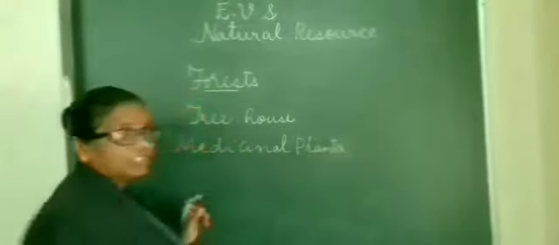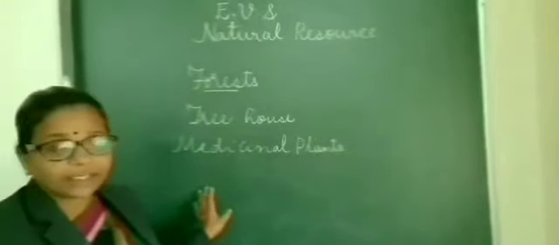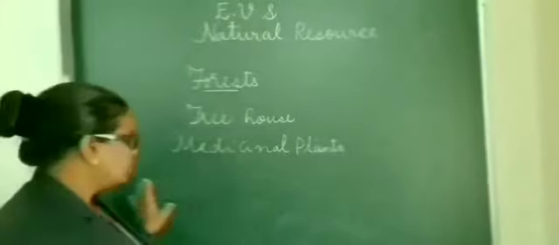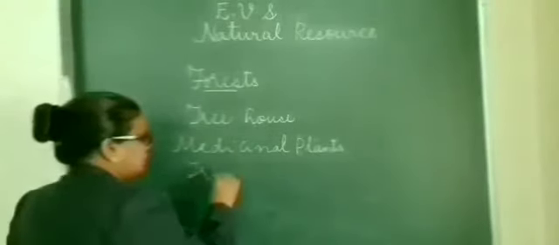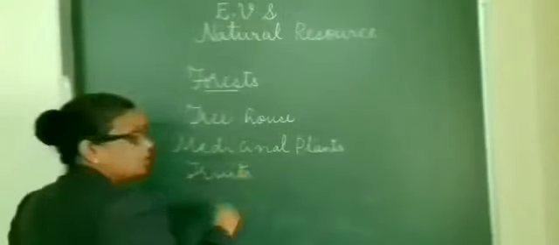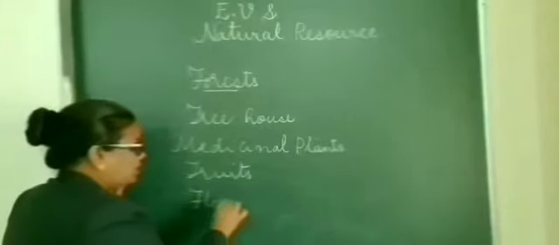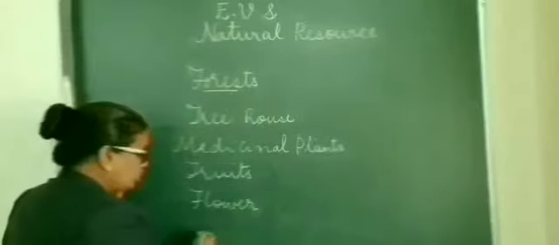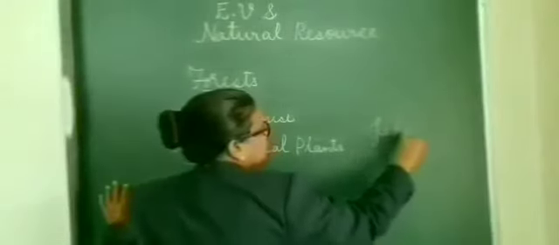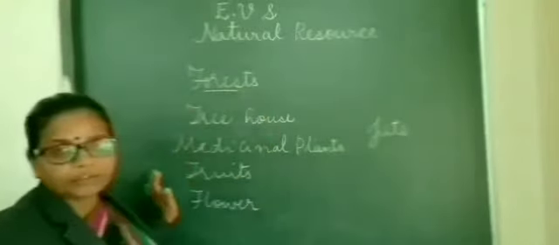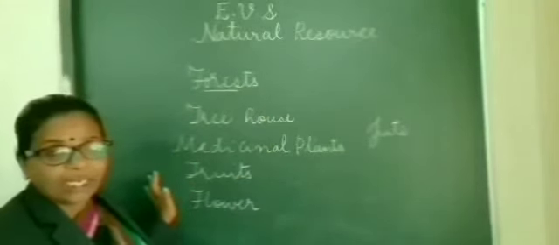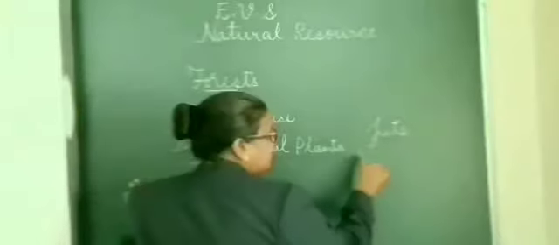And we get fruits and flowers, and we get jute. With the help of jute we get many items, and we get wax,